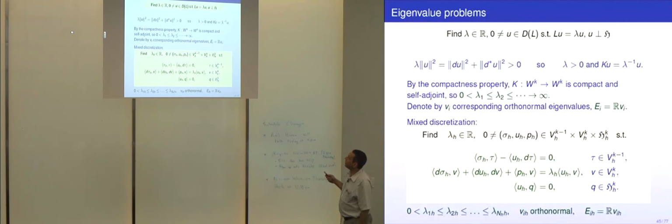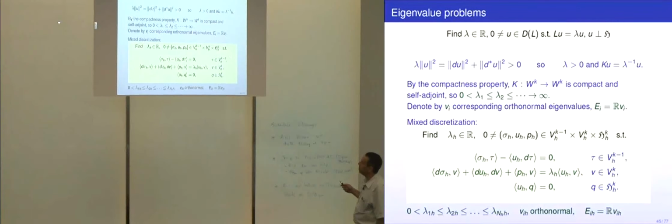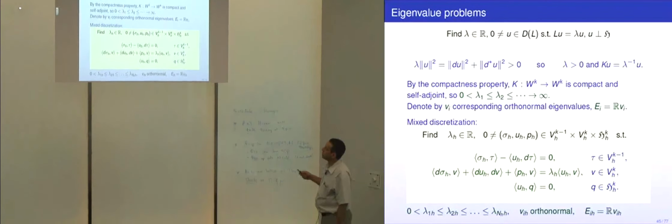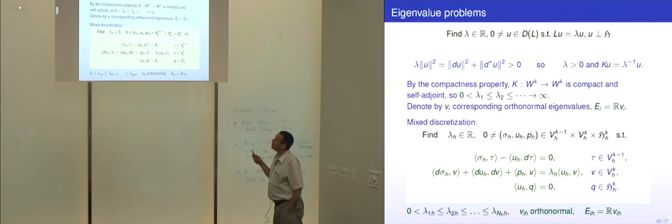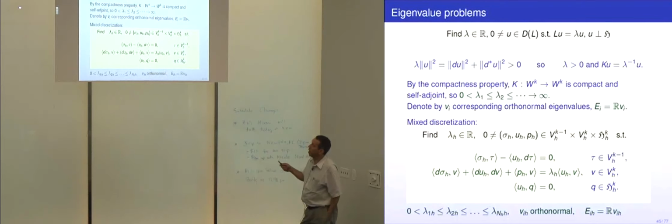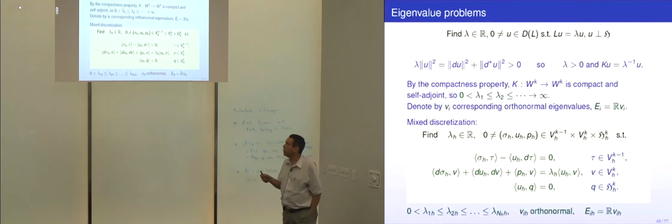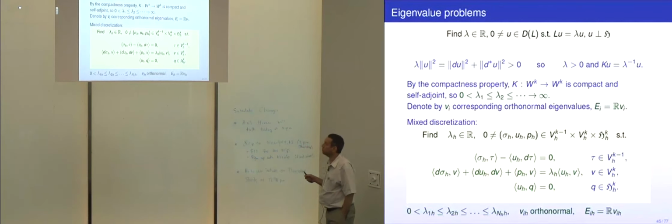And since we assume that K is a compact operator from W to W, the eigenvalues of a self-adjoint compact operator are a sequence approaching 0. And so their inverses are a sequence approaching infinity. So the eigenvalues of the abstract Hodge-Laplacian, as long as we have the compactness property, are a sequence of positive numbers, possibly with repeats, of course, multiple eigenvalues, going off to infinity. And we'd like to compute some of these and get some approximations to those and to the eigenspaces.